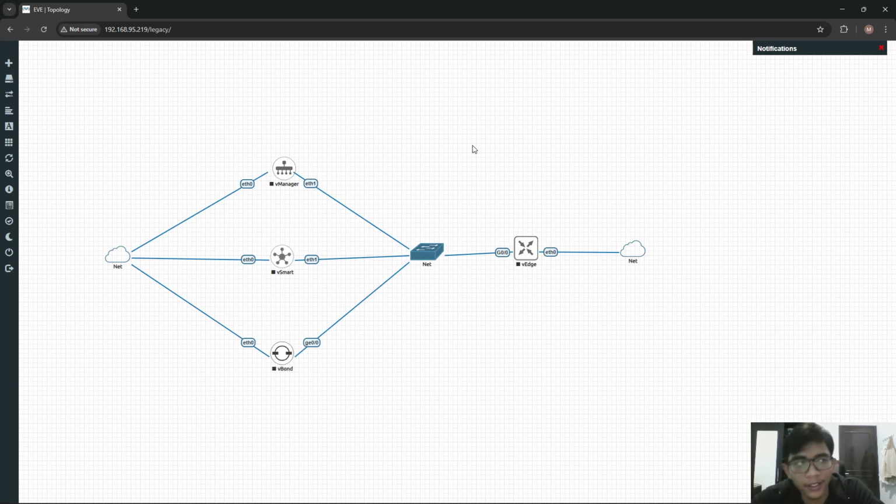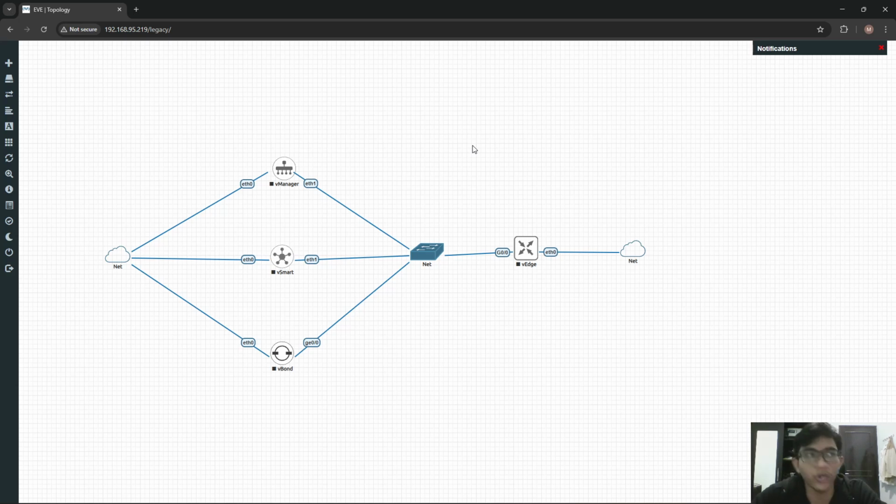So, in conclusion, SD-WAN simplifies network management by separating control, management, and data planes. With centralized control, better performance, and improved security, SD-WAN is becoming the standard solution for modern enterprise networks.